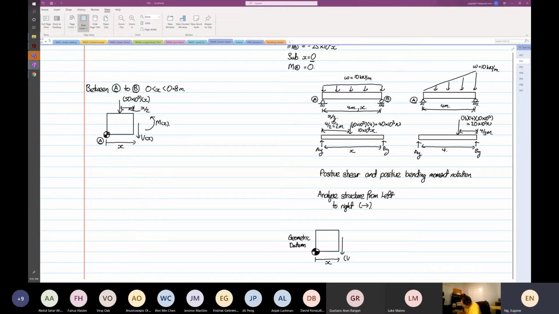the shear force V as a function of x is coming down, and the moment is going anti-clockwise. Okay, so the point of interest is at x. At where x is, this is the point of interest. That is where you want to analyze. Not the datum, but when the distance x stops, that is where your point of interest